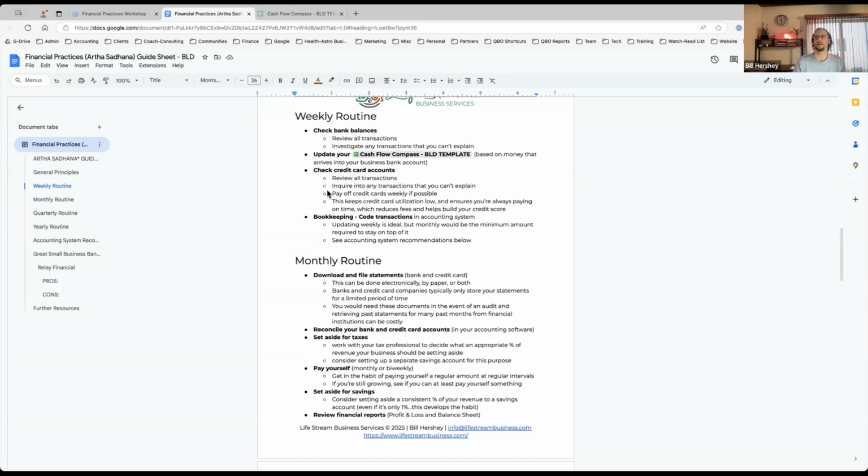You'll remember, oh yeah, that thing that I got from Amazon was for this. Otherwise, if you wait till the end of the month or wait many months, chances are you're going to have no idea what that Amazon purchase for $14.50 was, right? So I recommend going in weekly. If you don't have an accounting software, then I recommend having a simple spreadsheet. There's folks online who you can find a simple bookkeeping spreadsheet system from, and some folks are even teaching how to do that at a very low cost. So that's a reasonable route to go.